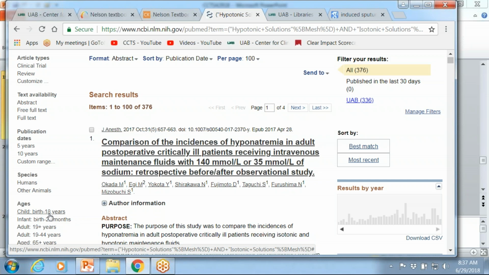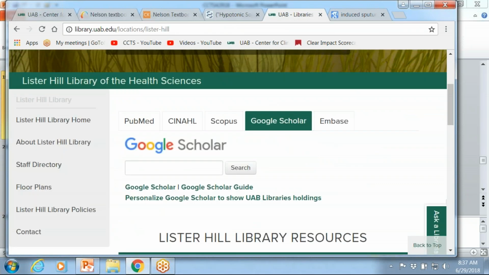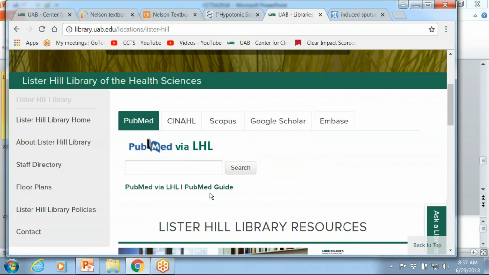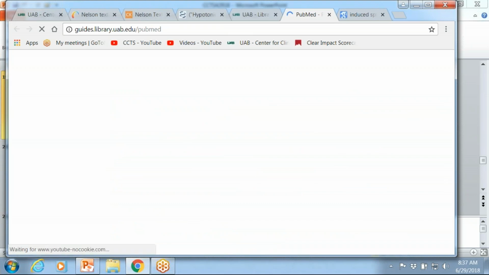So there's actually another advanced technique I want to show you. If you go back to our library page, let's go to PubMed. You'll see this link to the PubMed guide right underneath the PubMed box. I click on that.